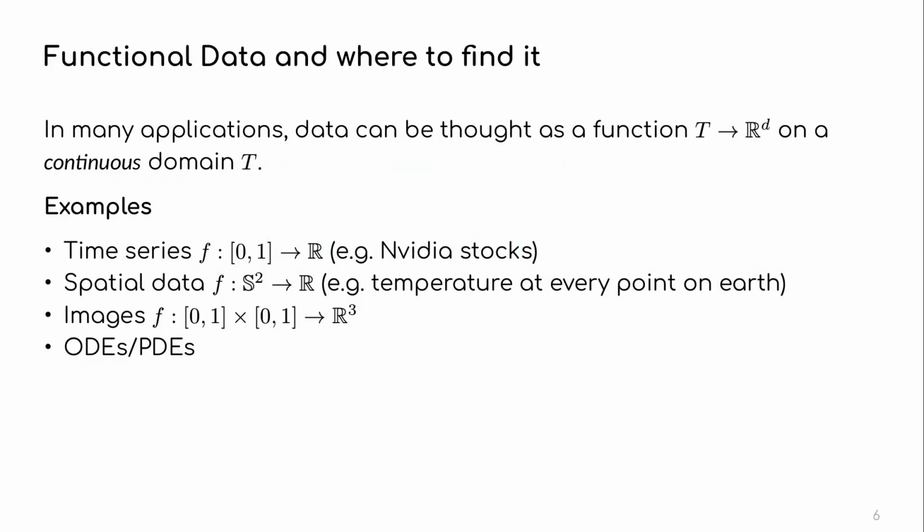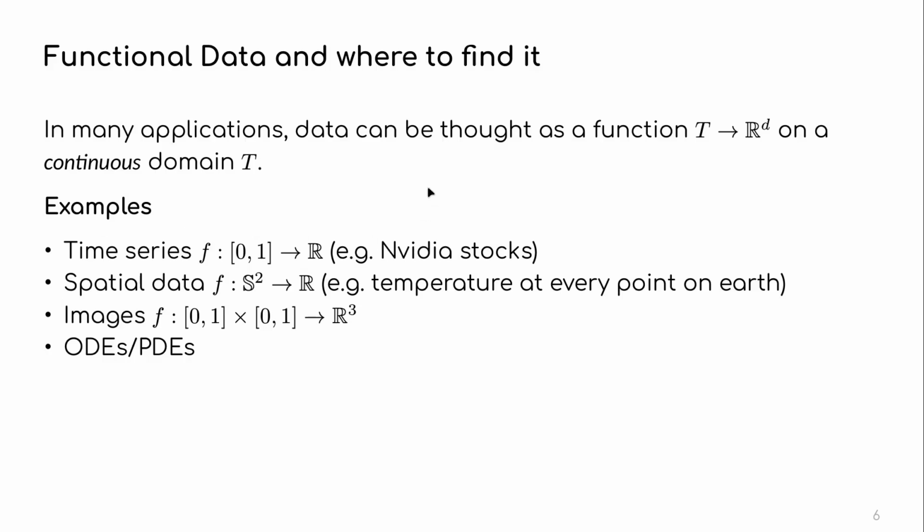So what is functional data? As mentioned, in many applications, in many data sets, the data can better be described as a function of some domain T. So you have some domain T, which usually is going to be nice enough, not infinite, not super big, from that domain to, let's say, R or R^d. So some domain, which might be pretty funky, to just a vector space. And specifically we speak about continuous domains. So let's say I have an interval or a manifold or stuff like that.